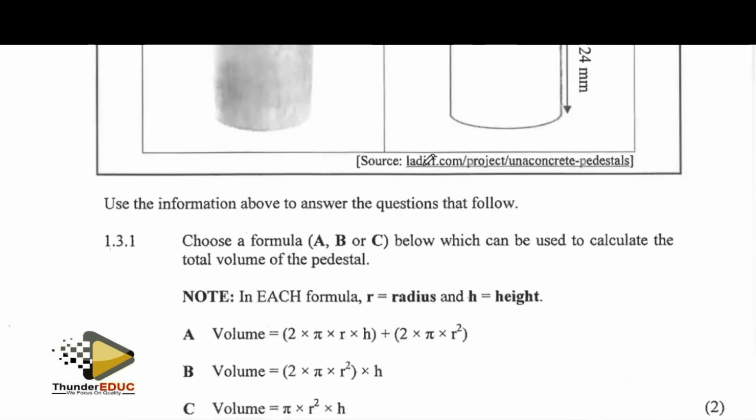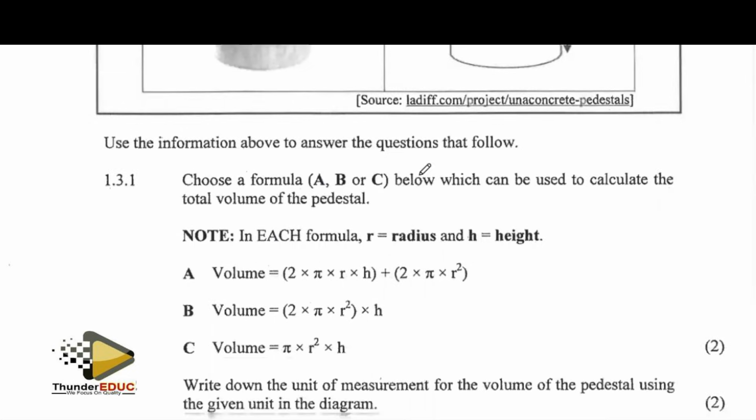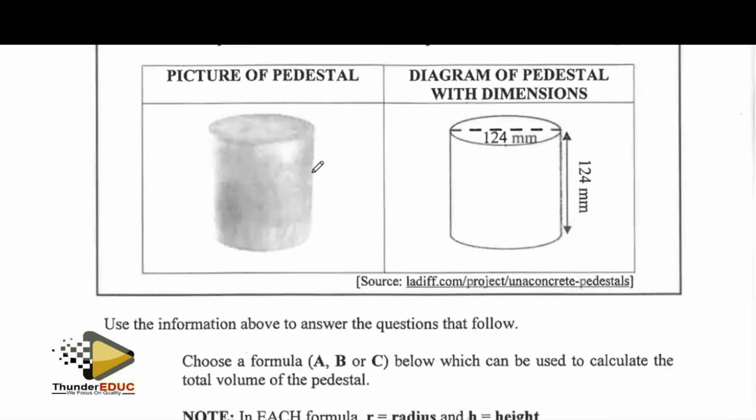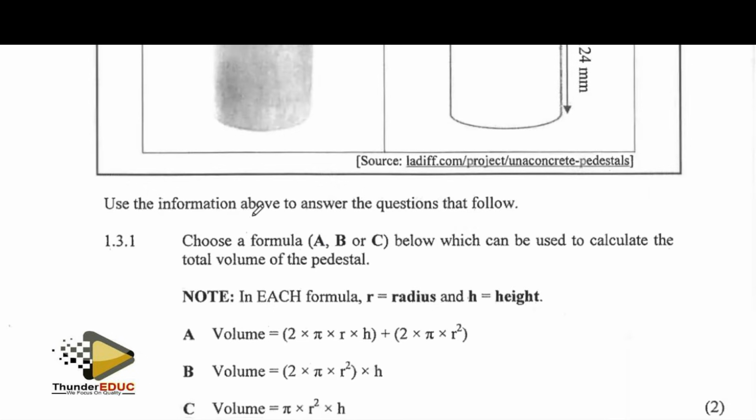All right, then they are saying, by the which shape does it take? It takes a cylinder, a cylindrical shape. So choose a formula A, B, or C below, which can be used to calculate volume of the pedestal. Remember, you said it's a cylinder, and in your head, you know